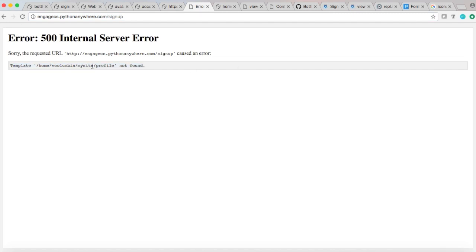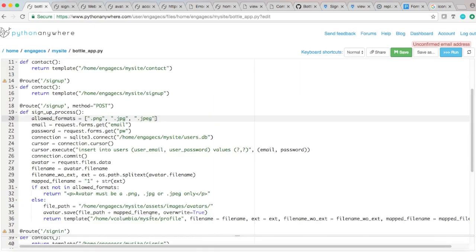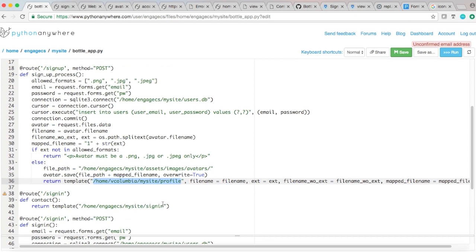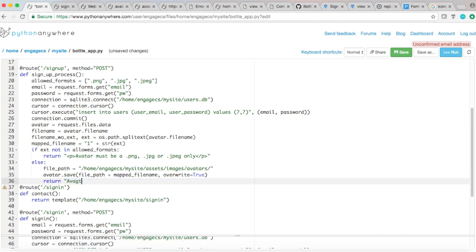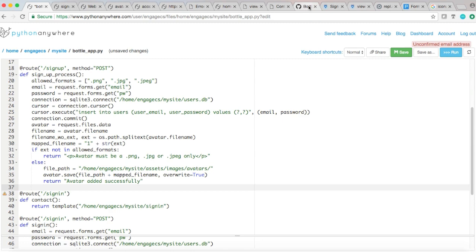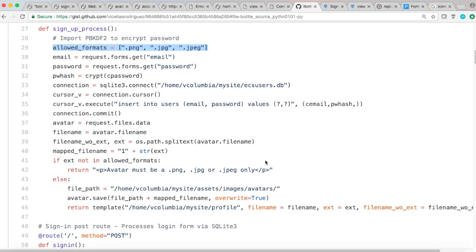It says my site profile not found. So something here is just the template is not even showing up. So I don't even have this template. So what I'll do is I don't need to even return this information. I'll just say return, let's just say return avatar added successfully, and look at the gist when you get a chance to go ahead and see what I did there with